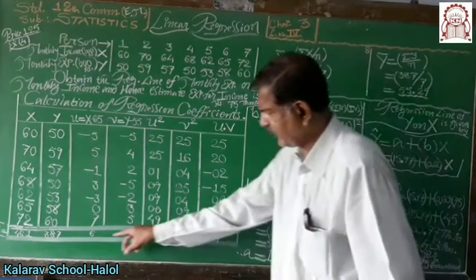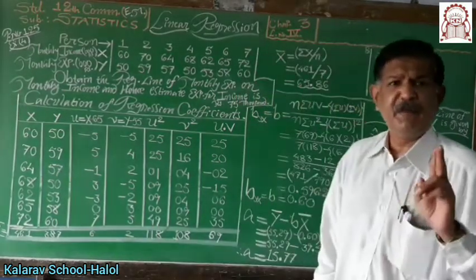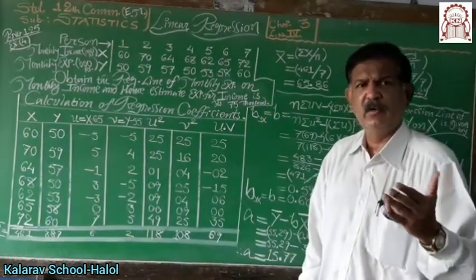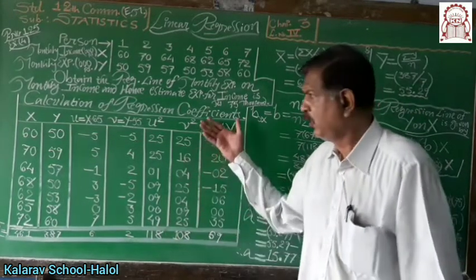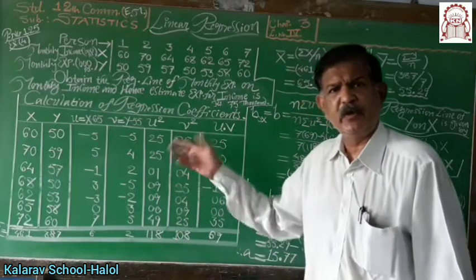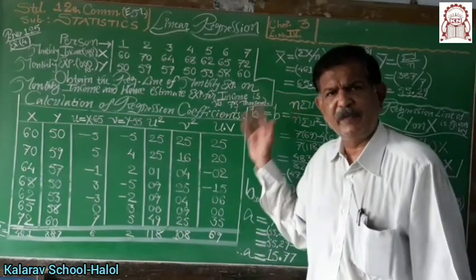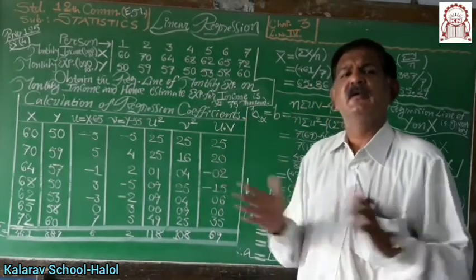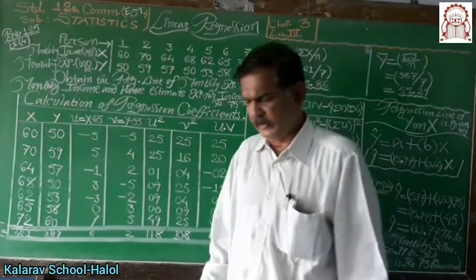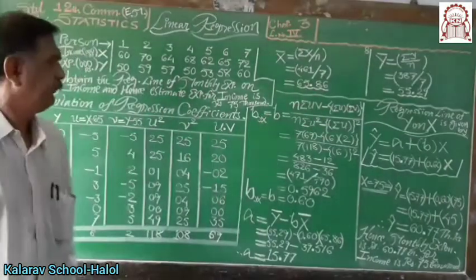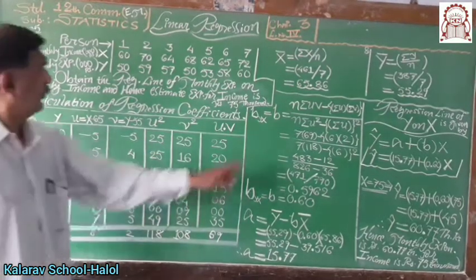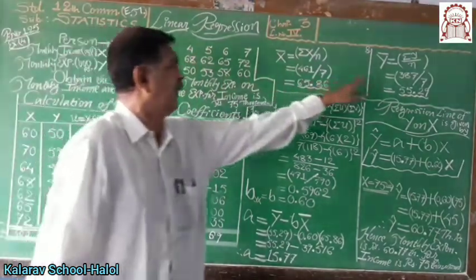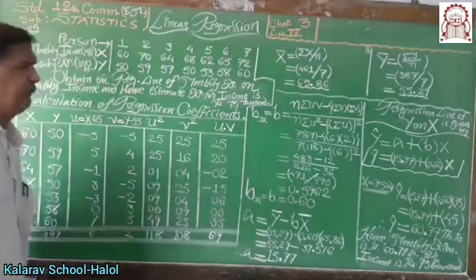Make the summation, make the total. Be careful about the total also. Manually, orally, verbally and by calculator also, you have to make the total. Then in the next procedure, all correct values are there. After making this table, first of all calculate x bar and y bar before making this table.